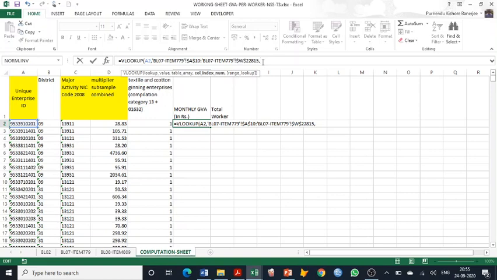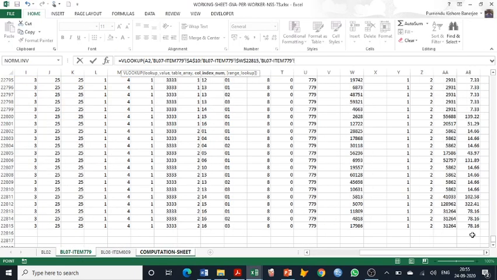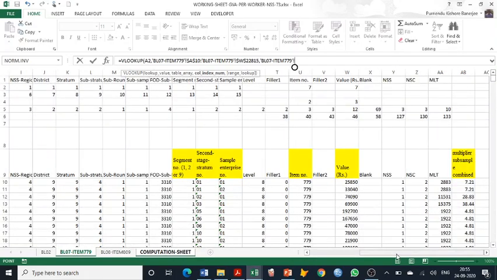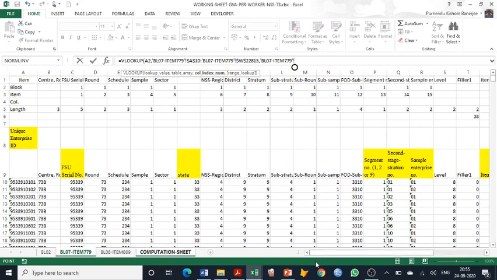The next thing is column index number. How we arrive at the column index number? See, this entire area which we have selected, A to W, it is being treated as a matrix. So we have to tell in this matrix the first column is the enterprise ID, and then we just simply count the column number.